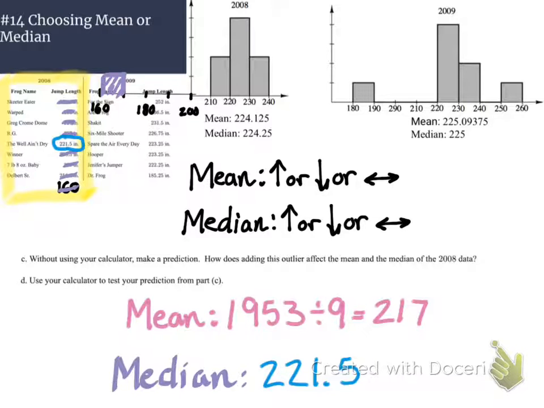So if you then go back and compare it to your prediction, well, what did you think would happen to the mean? If you said that it was going to go down, you were correct. In fact, it went down by quite a bit. It was 224 and change, and jumped down to 217, a difference of about 7. And for the median, you could have said either down or about the same, because it went from 224 down to 221, so it did drop a little bit, but it did kind of hang around in the same area.